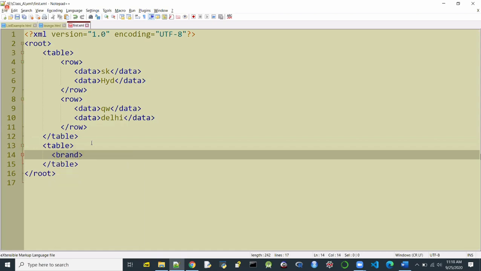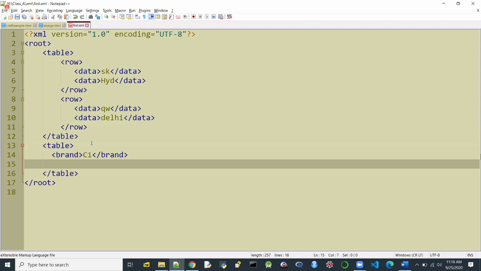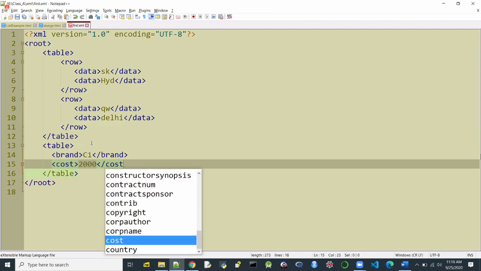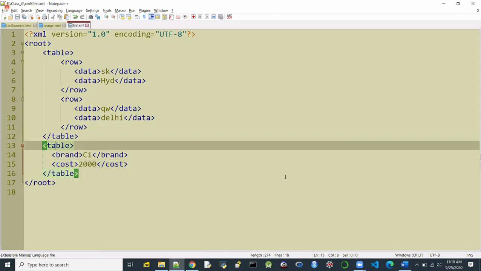So I am basically having some information regarding the furniture table. It has a brand, then it has a cost, then it has some other information as well.